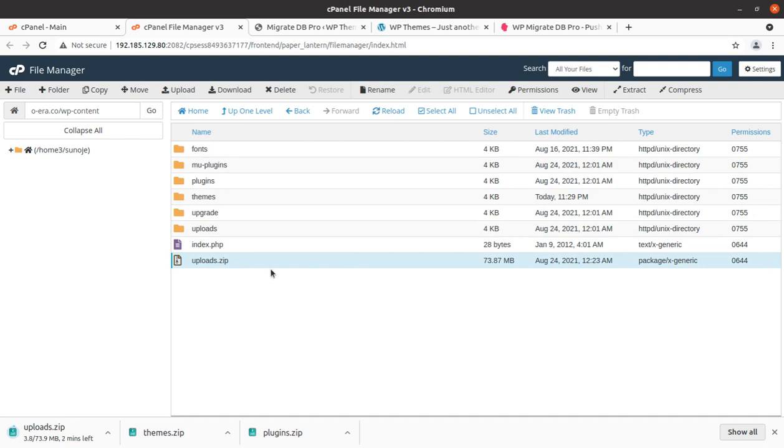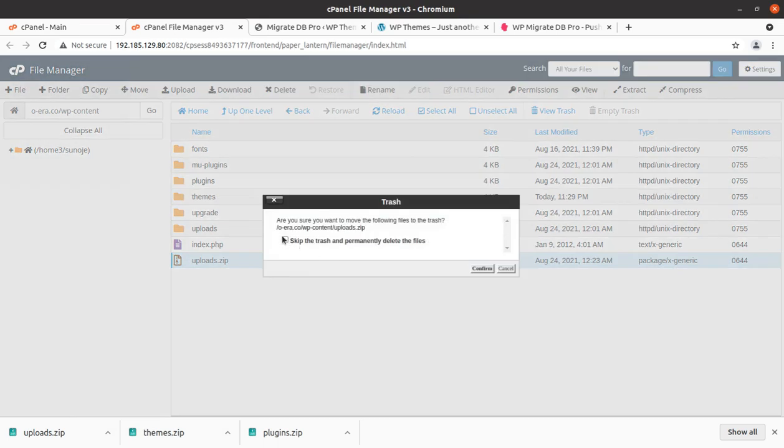I believe this method will work, and this video is going to be helpful for all those persons who used to migrate the website from local to another server, or in similar cases. Okay, so all these three main files have been compressed, zipped and downloaded.